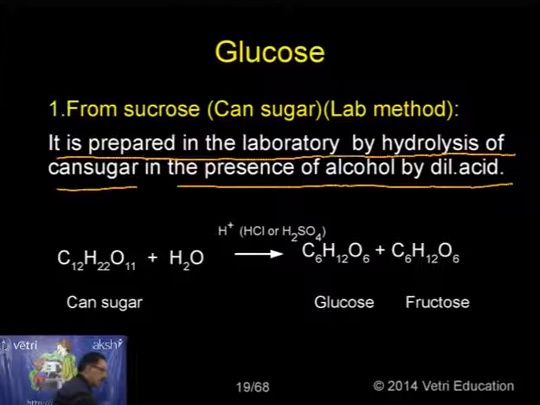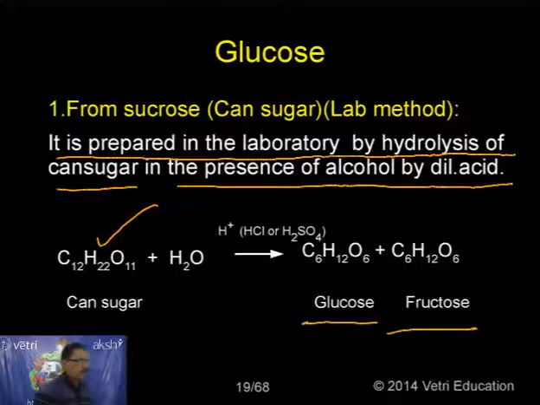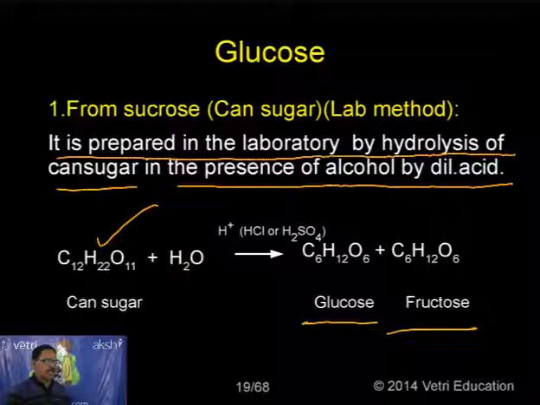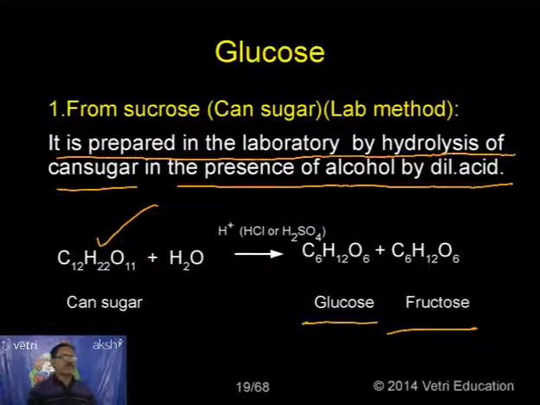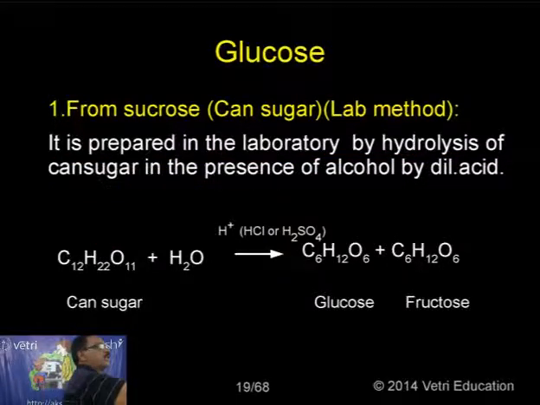So cane sugar, nothing but sucrose, when you treat with water in presence of acid, is converted into glucose and fructose. Both have the same molecular formula, C6H12O6. This is the most important information. The second one,